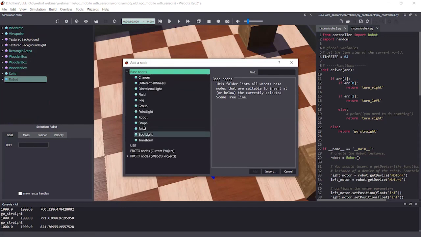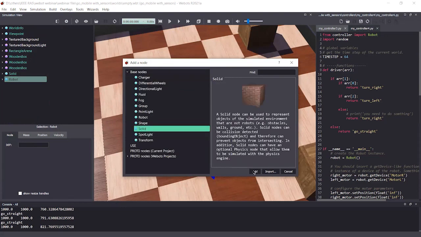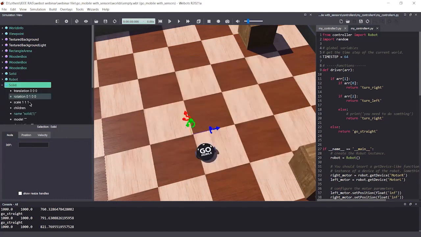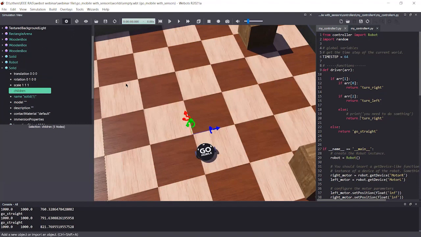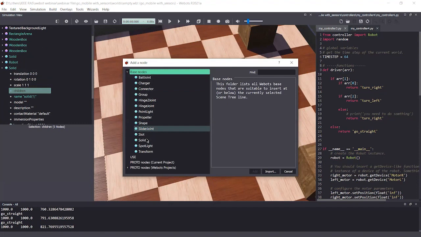Under this, I'm going to add the solid. I'm going to add a wall, right? Under solid, I'm going to add a shape. So shape is the thing we are going to add, right?